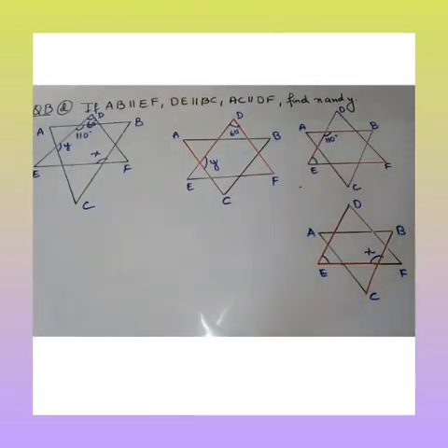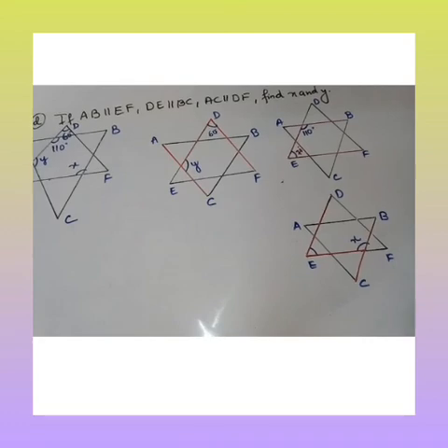The same case is there. In this case, AB is parallel to EF. If AB is parallel to EF, that means we can say this 110 degree and E are co-interior angles, and we can get this angle. This will be 70 degree. Now coming on to this figure, now this angle E is 70 degree, and since DE is parallel to BC, so these two angles are co-interior angles and the sum must be 180 degree. So x is equals to 110 degree. So let's solve this question.